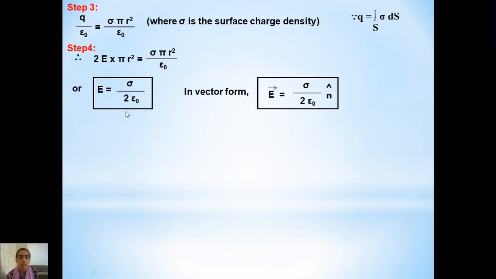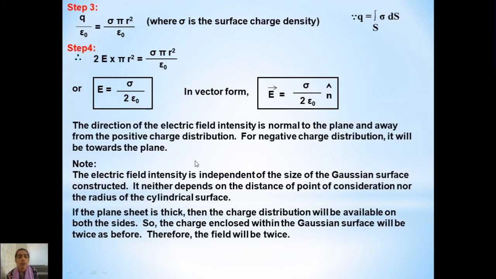sheet as sigma divided by 2 epsilon naught, where sigma is the surface charge density and epsilon naught is the absolute permittivity. And we also discussed a few important points relating to this derivation, that is, the direction of electric field intensity will be along the normal drawn to the plane, and it will be acting away from the charge sheet. If you consider it as positive charge, then it will be away from the charge sheet. And also, instead of considering a thin plane sheet, if you consider a thick plane sheet, then the equation becomes E is equal to sigma over epsilon naught. These things we have discussed in the previous session.